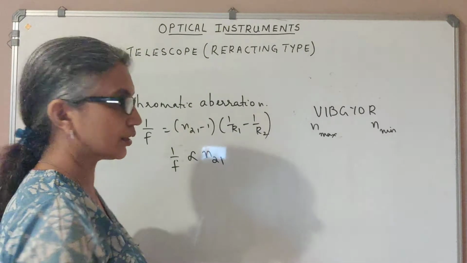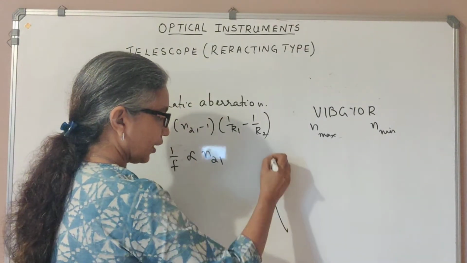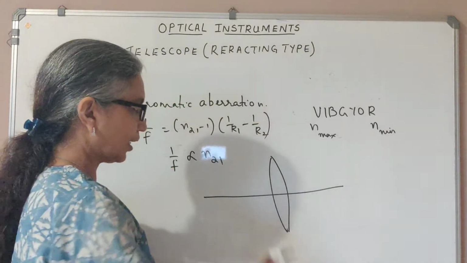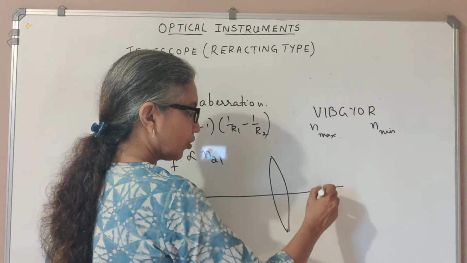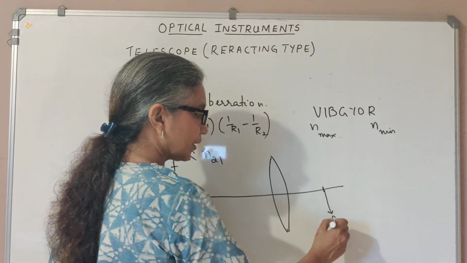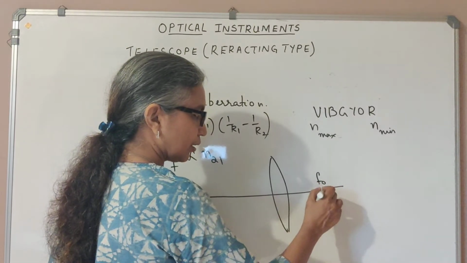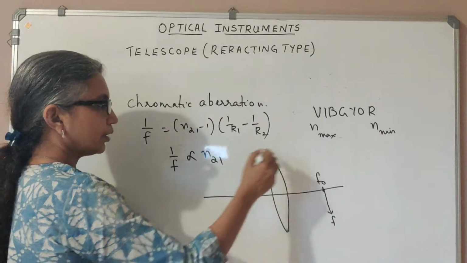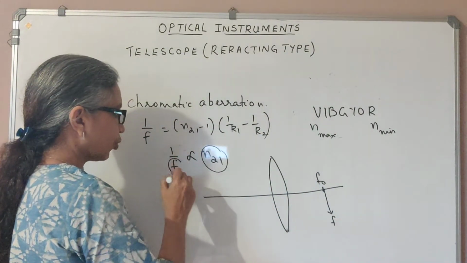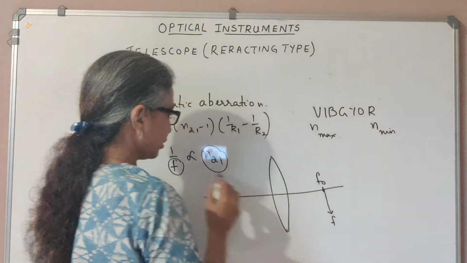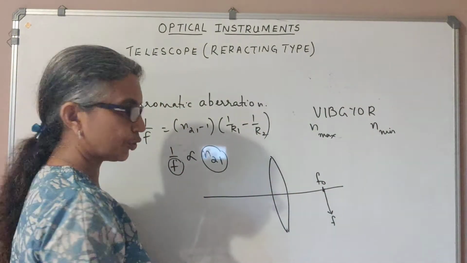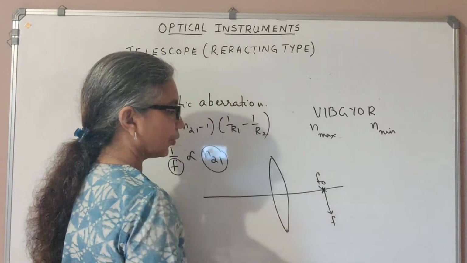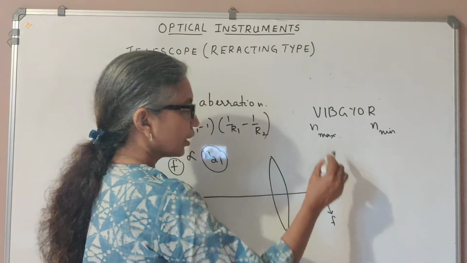So when white light is collected by the lens that we have as the objective lens of the telescope, as it comes from infinity, they are all supposed to meet together at the focus to form the image. But you see that the refractive index determines the focal length. So for different colors, the focal length is going to be different, which means all those different colors do not come to meet at the same point. They meet at different points.